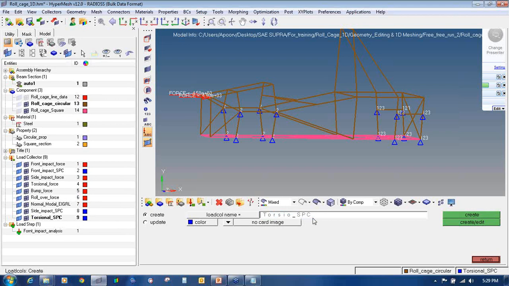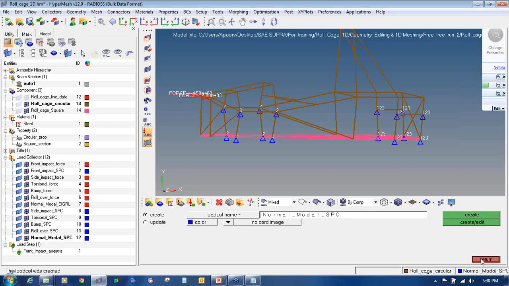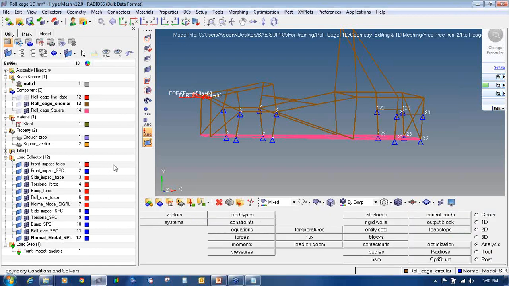Then we define bump, create. Then we define rollover and create. Lastly, we will define normal modes SPC and say create.